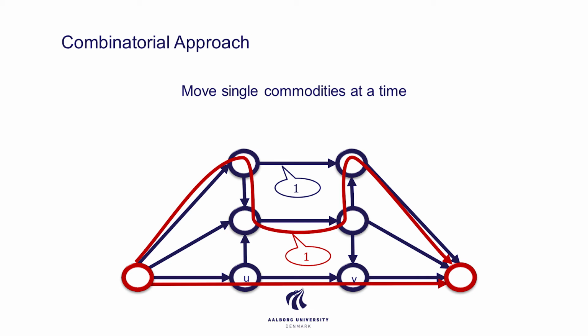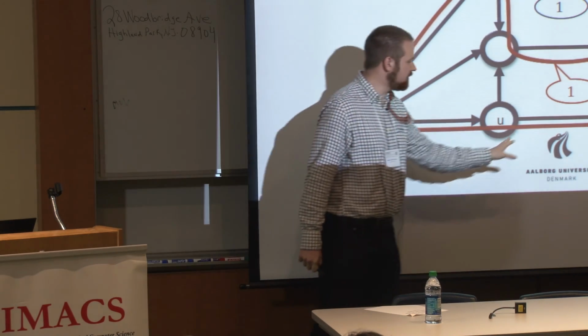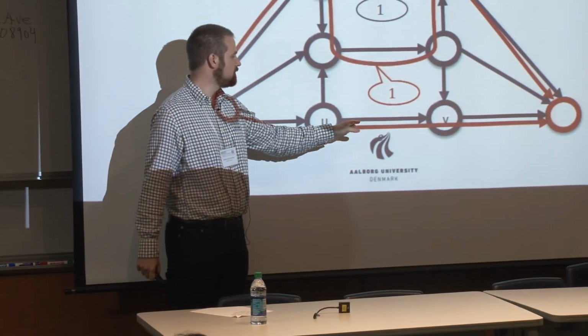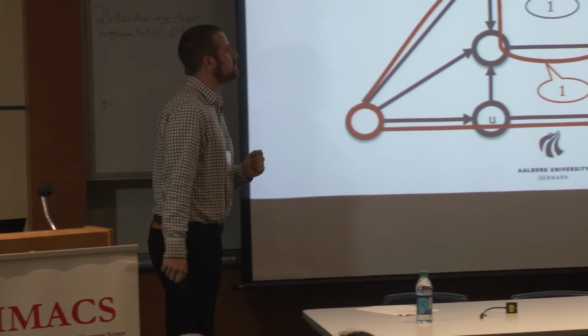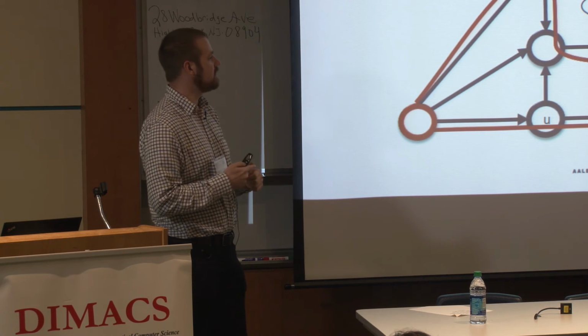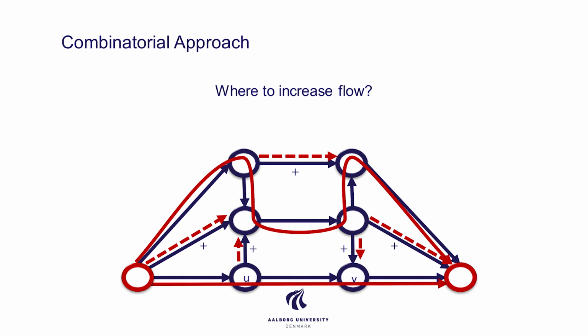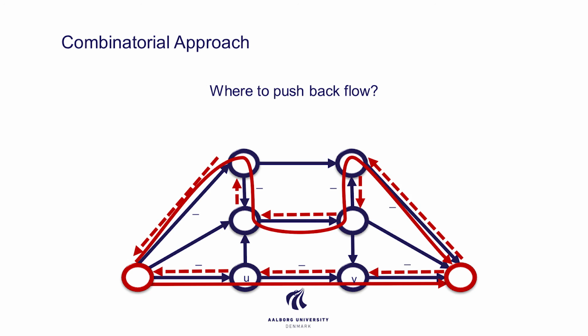So let's take this network where we have a flow size of 1 on each of the two paths, and we have capacity of 1 as well on all the links. And let's say that now we want to create some free capacity on this link by moving the flow a bit around. We can look at the residual network, meaning we first look at where we can actually increase some flow sizes. That's on the edges where there's nothing. And where could we remove some flow? That would be on the edges where there is already some flow.